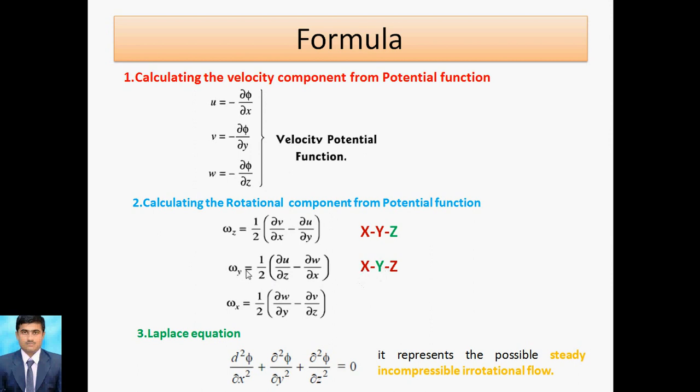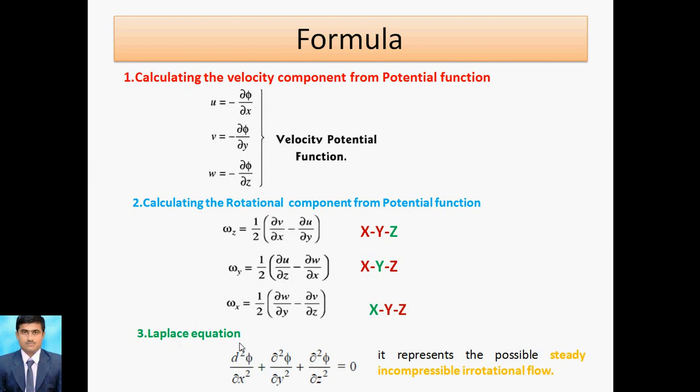Similarly, we can check y: the component that rotates is y, and xz is the stationary member. So ωy is equal to half of ∂/∂z, z is first, and next is ∂/∂x. So this is ωy. Then ωx: x is the rotating member and yz is constant. So y is first, z is second, and for y we take velocity v, for z we take w. That is ωx, ωy, ωz, your rotational components.